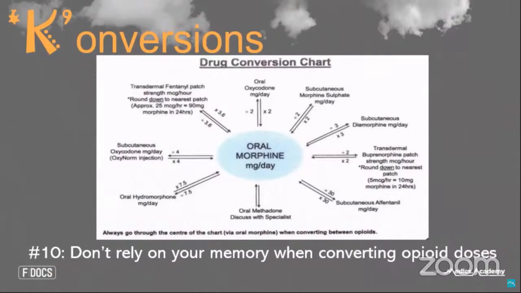Now that's a good dose of morphine, and given that some people might go straight into a 25 patch of fentanyl, that would be double that again, around 90 milligrams of morphine over 24 hours. So just be very cautious. I think sometimes it's tempting to use a patch for an elderly patient who might struggle with compliance or with swallowing their oral medicines. The patch isn't always the right way to go, especially in an opioid-naive patient. So we just have to be very aware of the equivalent opioid doses within patches.